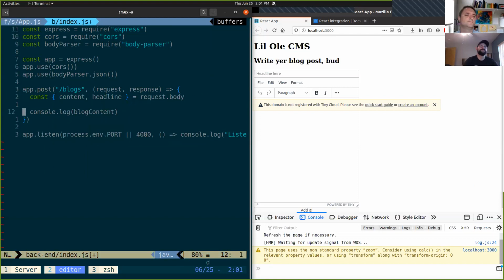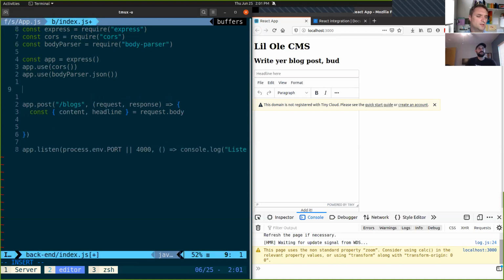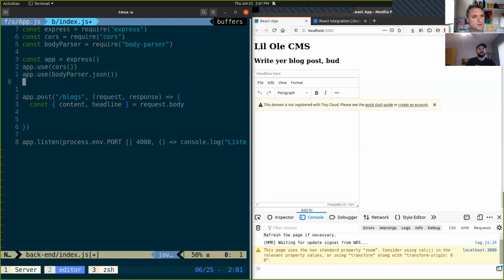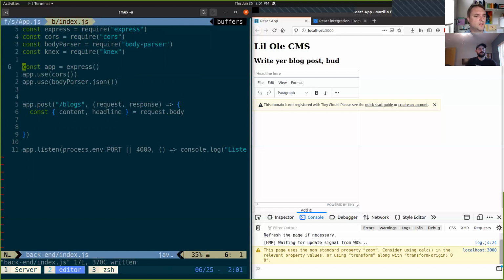You can pull those things out, and then I need a database connection. Should make one right here. Okay, so throw knex up there,